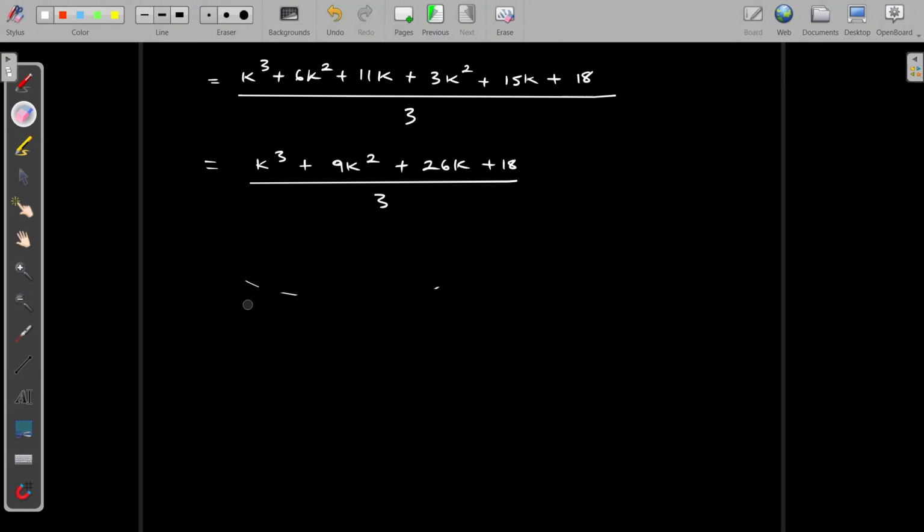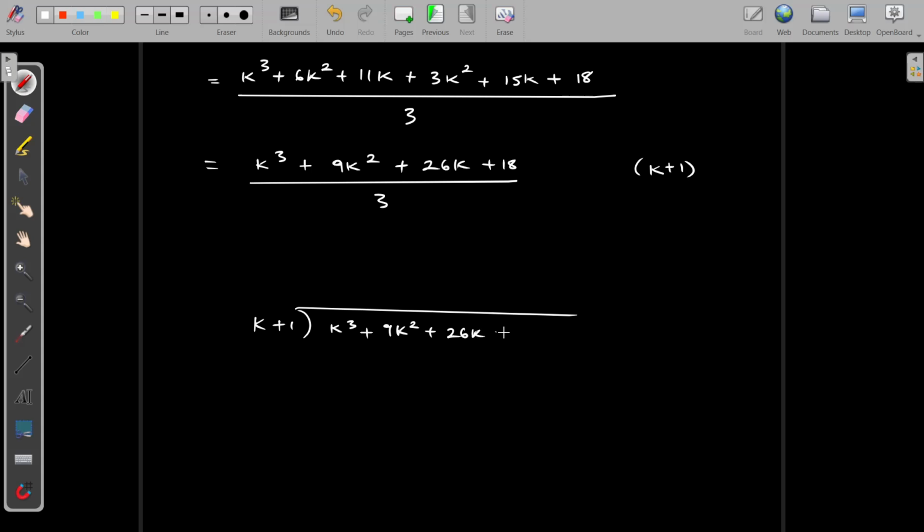So that means, well, negative 1 is a root. So that means x plus 1 is a factor. So k, well, not x, k plus 1 is a factor. So let's do long division and see what we're left with. So some of the times these are quite tedious. So k squared,